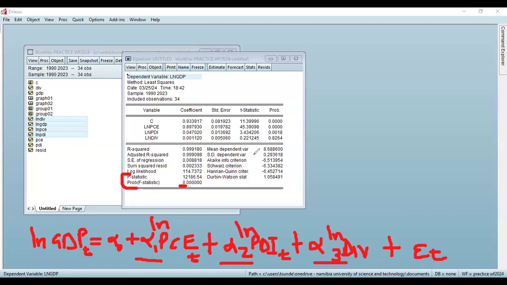At what level of significance? 1%. Correct, 1%. Because it's 0.000, which is less than 1%. So it's 1%. Then the next thing that I want us to do, we said in our lectures,